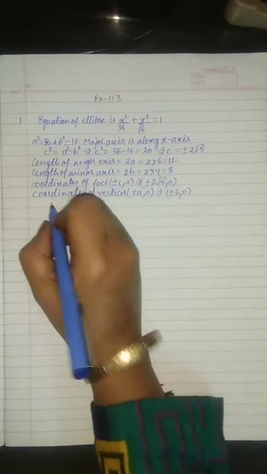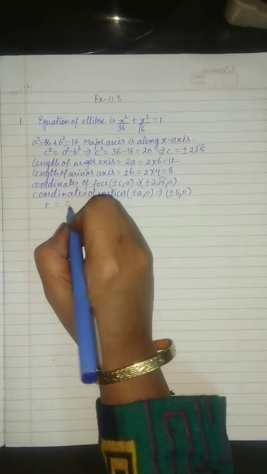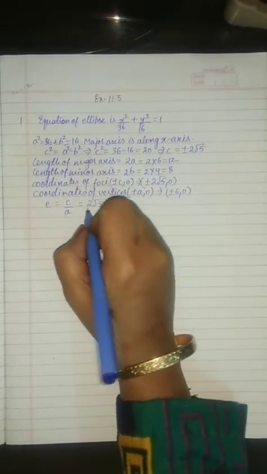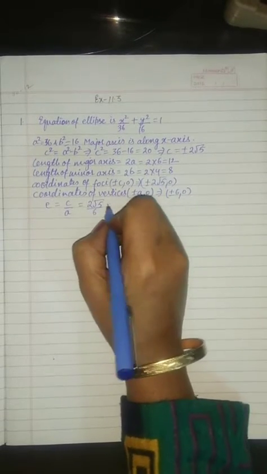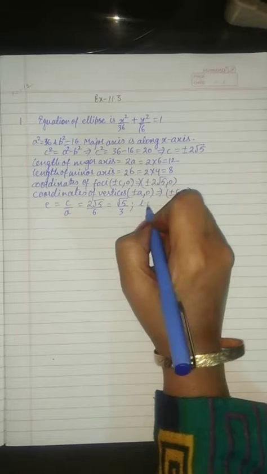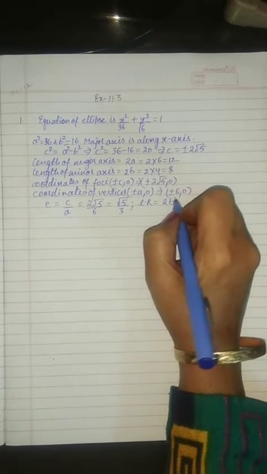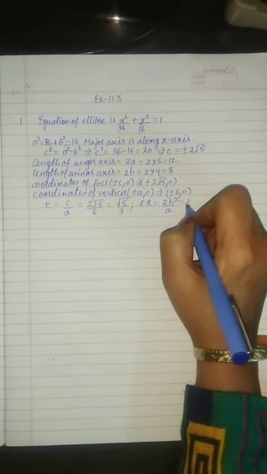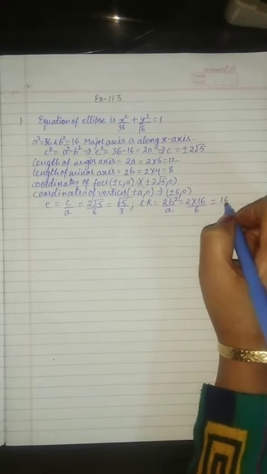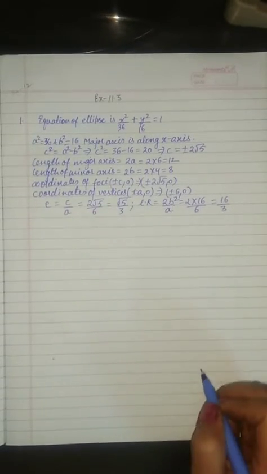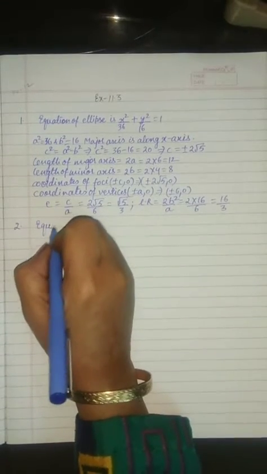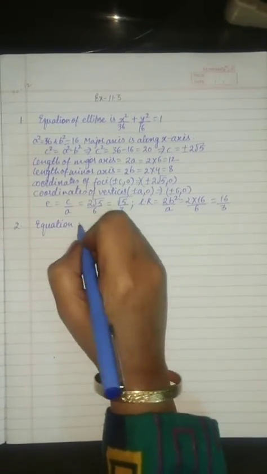Then eccentricity. What is eccentricity? c upon a. The value of c is 2 under root 5 and a is 6. So it is under root 5 by 3. Then latus rectum, that is 2b square upon a, that is 2 into 16 by 6, that is 16 by 3. Now moving to question number 2, we have the equation of ellipse